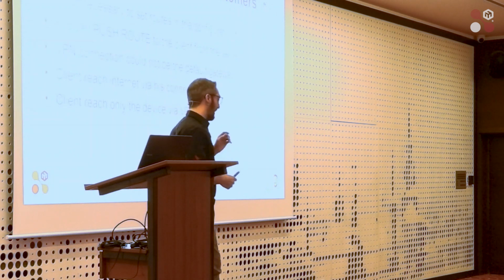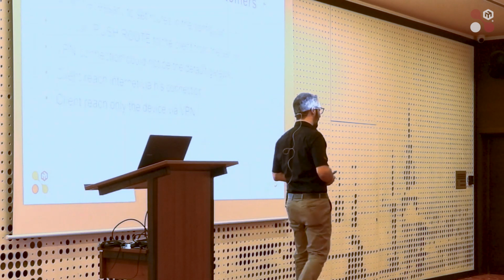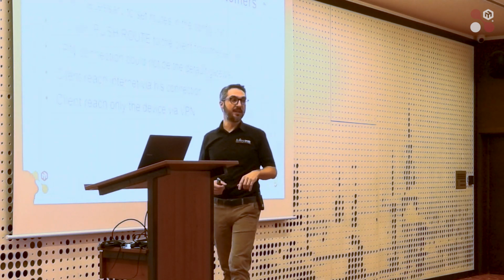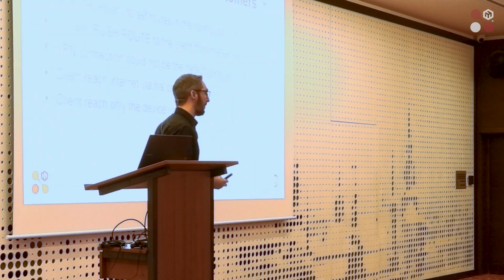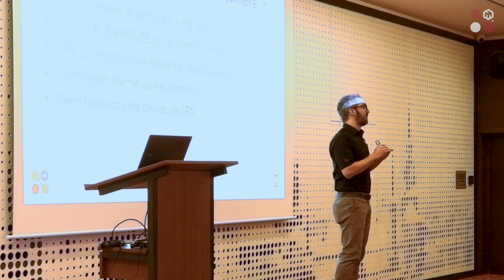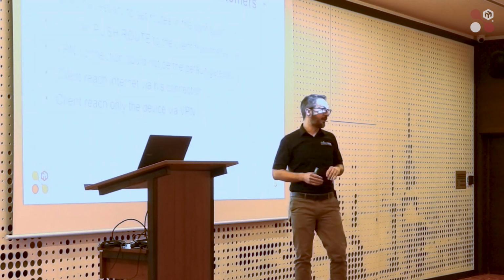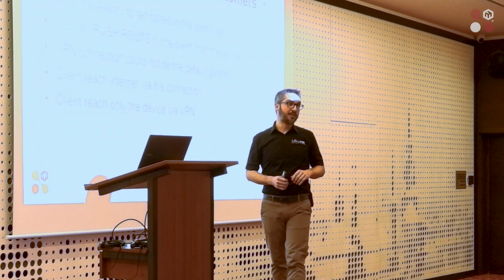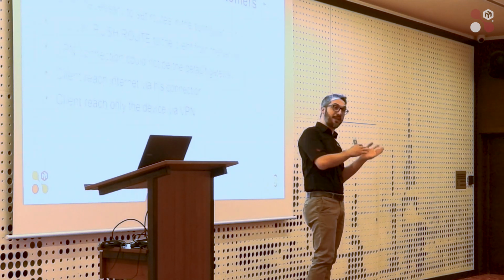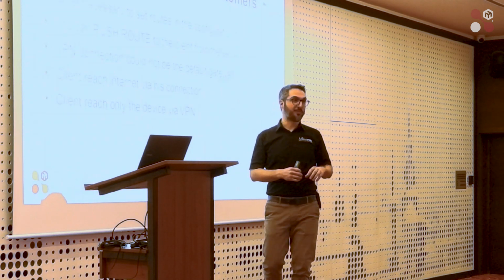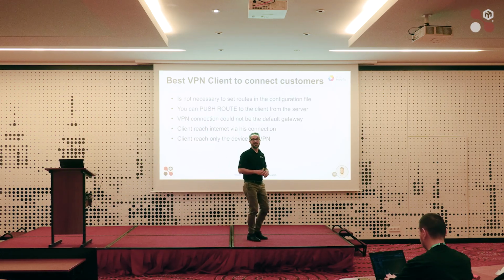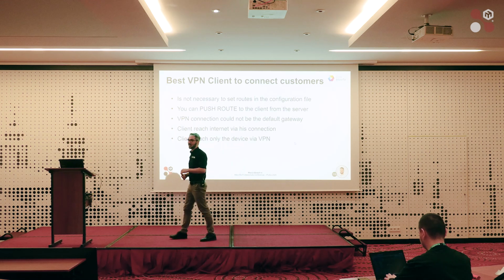One of the first problems when I realized this solution was that I started with L2TP IPsec VPN. But from a Windows PC, you cannot insert a specific route. You can use the default route, and the customer surfs the internet via your VPN. And if a customer tries to print a file with his printer, it doesn't work because the traffic goes out